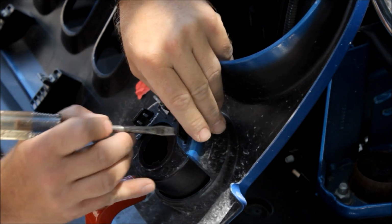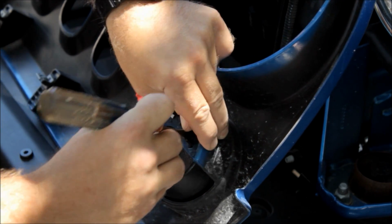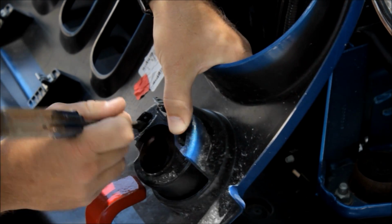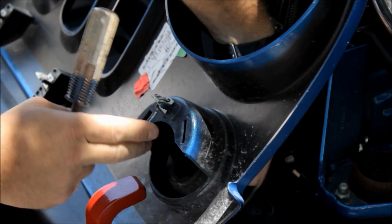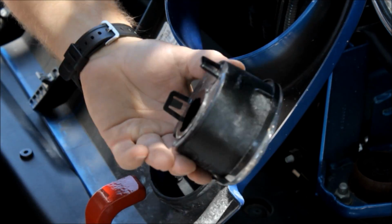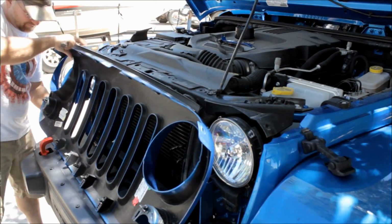It's held in place by these two plastic retainer clips. Be careful when you're prying these out that you don't damage the grill, because you're going to need to reuse those slots on the new lights. So, with those reflectors removed,